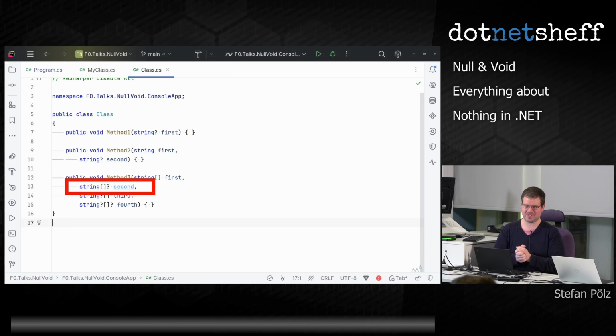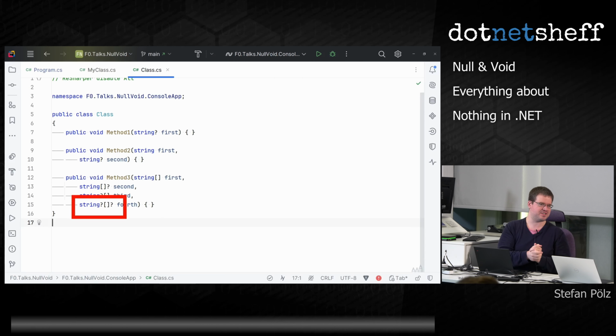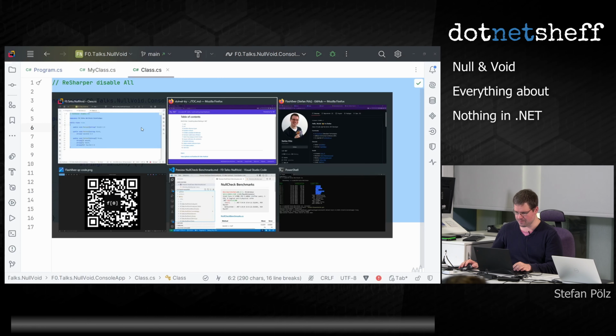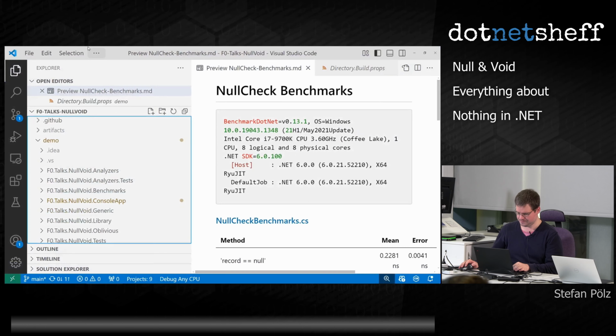The second one, here we say if the question mark comes after the array, that says the array may be null, but the strings, the elements contained in that array, may not be null. So if we have 7 strings in that array, there are non-nullable strings, or there should be non-nullable strings in that array. This also goes the other way around, where we have, in this case, the array is not null, but the items in that array may be null. And we can have both as well, where both the array may be null and each of its elements may be null too. If we grab this code and put this into sharplab.io,